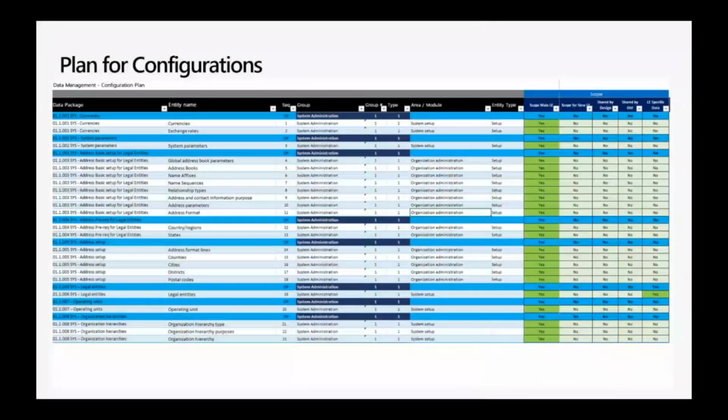If you're planning for configurations, you really need to think about not only your first, your main legal entity, but you should also think about what will happen in a phased go live. What should I be doing for my next legal entity? Should that entity be imported, or will it become available because I'm using data sharing, either the cross-company data sharing, or it might be a shared table in my finance and operations? But it is important that we have a plan for that, and we know what data needs to be imported, what data is already available.